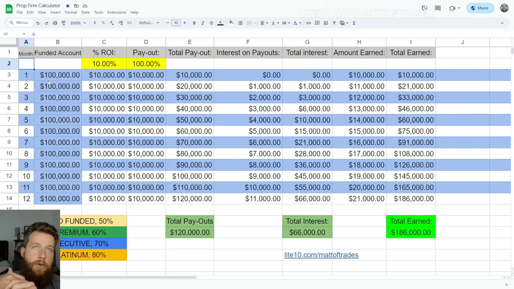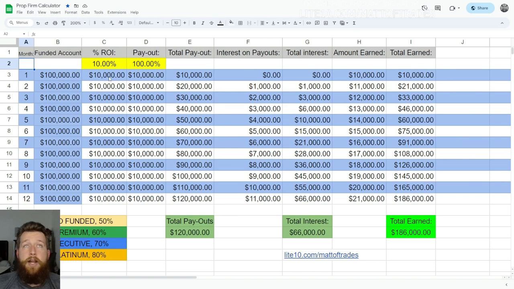Now, there's a lot of rules. They're pretty strict with how you're able to trade. Like, you can't draw your account down more than 5% in a day, or you can't draw it down more than 8% overall from your high water mark. That's just an example. Different prop firms are going to have different rules. But just know that most prop firms are basically making money off of people failing those